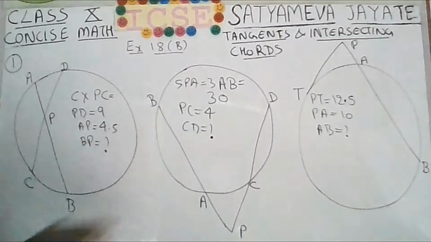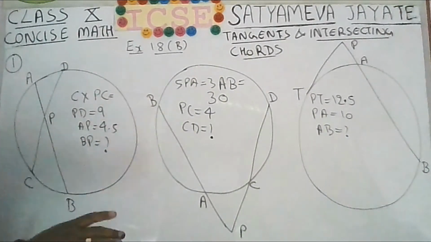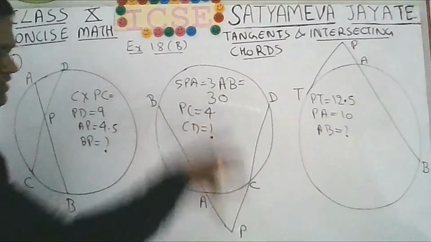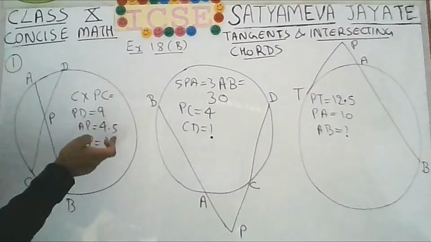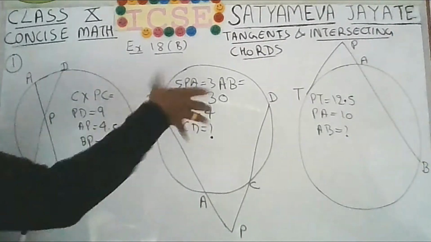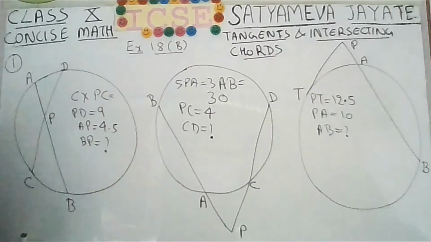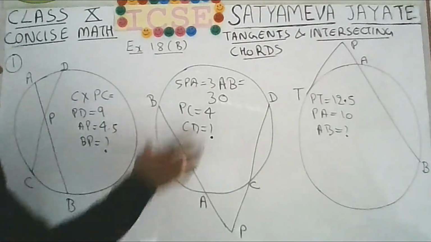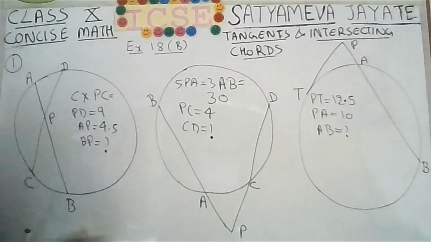So this is question number 1. There are 3 subparts. Very simple problem, you can easily solve it. For question number 2 and 3, I have changed the orientation. Okay, so in your textbook, the 2 chords intersect and the point P is somewhere here, but I have changed the orientation like this so that I can accommodate the 3 figures on a single board here. Otherwise the question is the same, only the orientation of the figure has been changed.